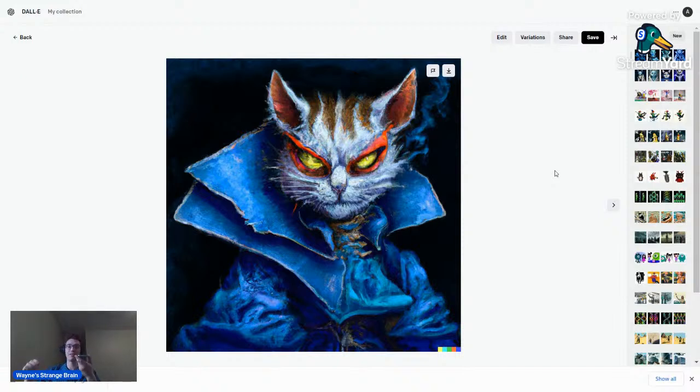This reminds me of a really cool version of the cat from Shrek, Puss in Boots, right. Woah. I like this one, I'm going to save this one too.